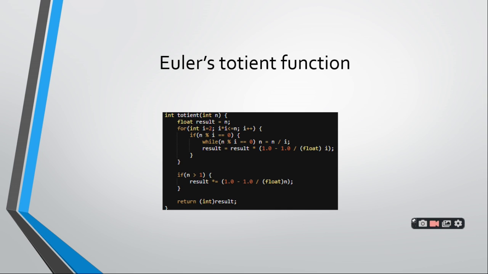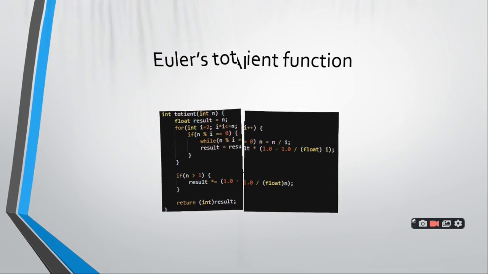The concept is that for 1 to n, which numbers are co-prime to n, that is from 1 to n minus 1, how many numbers are there that are co-prime to n? That you can find with the Euler totient function. And the time complexity is very optimized in the code given here. So you can use this to find the Euler totient function. It is very important in competitive coding nowadays.